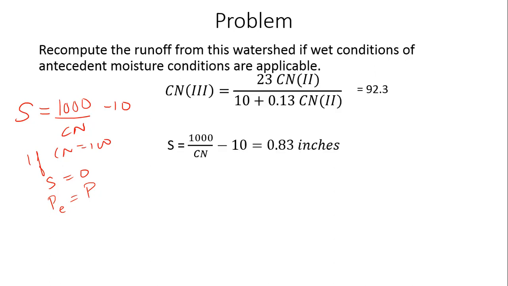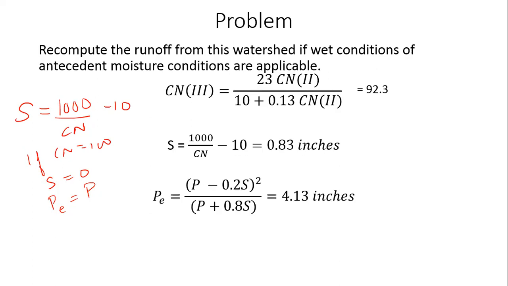You just get that value of curve number and put it back into that equation. You get a new value of S, right? In the previous problem, S was 1 point something, 1.9 inches or whatever. Now you're getting 0.83 inches. Again, you do the check, P minus 0.2 S. Obviously, P is going to be greater than 0.2 S. Then you apply that equation, you get runoff equal to 4.13 inches, right? Which is almost more than 80% of the total rainfall. Total rainfall was 5 inches. More than 80% of it has become runoff. Is that okay? Any questions?